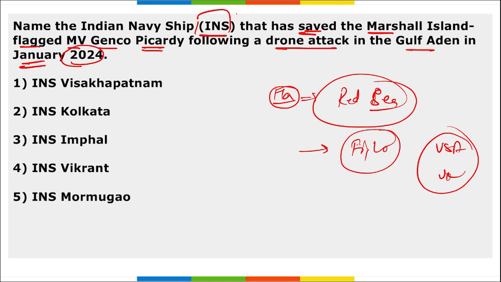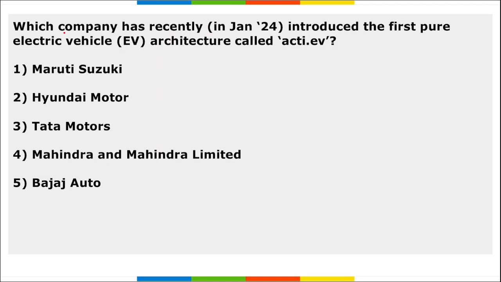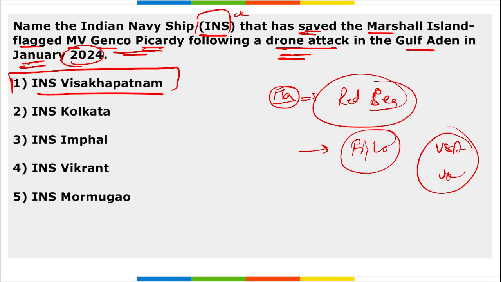So the question asked here is, which was the Indian naval ship that saved the Marshall Island flagged MV Genco Picardy from the drone attack in the Gulf of Aden in January 2024? What was the name of that Indian naval ship? It is INS Visakhapatnam. Next, from this question only, tell me the name of the insurance company,